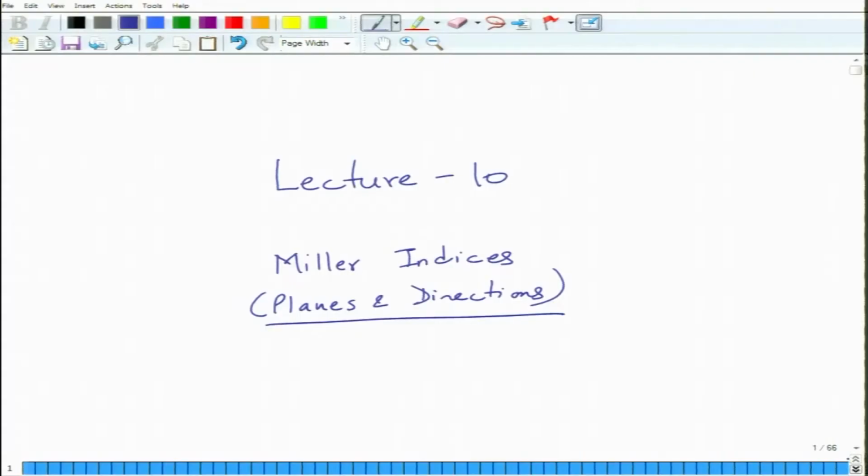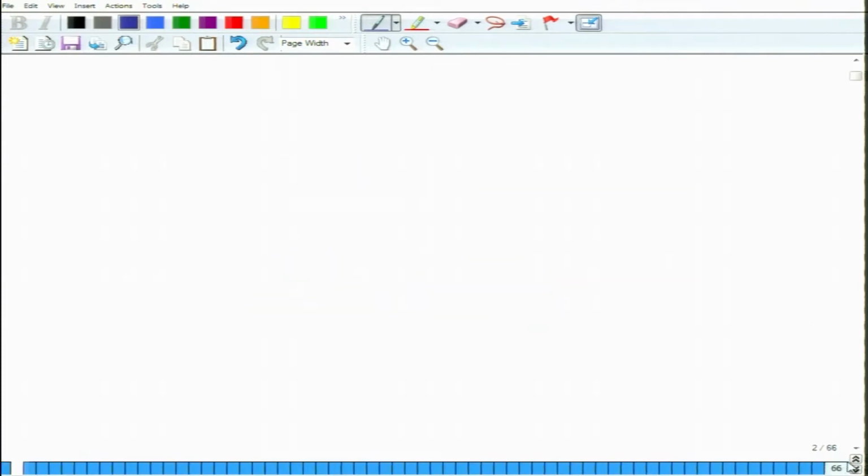So, this is the start of a new lecture, lecture 10, which is on Miller indices, planes and directions in crystals. In the previous lectures we understood the fundamentals of crystallography, the lattices, crystal systems, Bravais lattices and symmetry and their correlations. Now, we will try to understand how you can quantify the crystals in terms of their directions and various phases, because the knowledge of this is very important to understand the correlation of